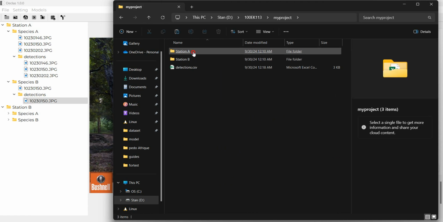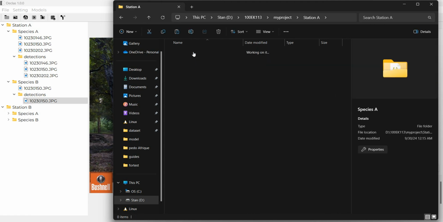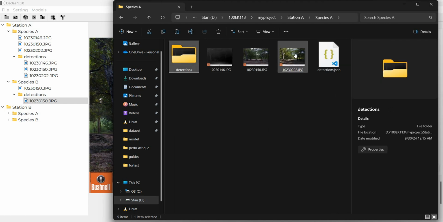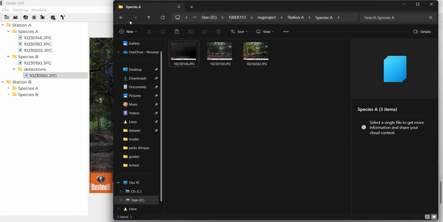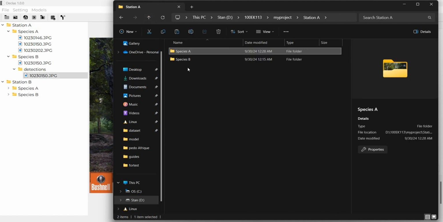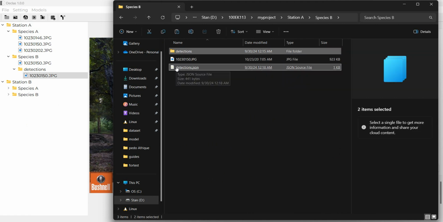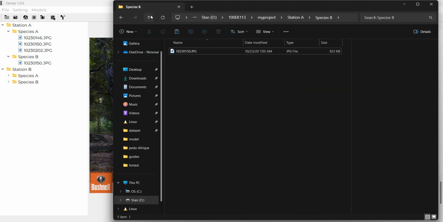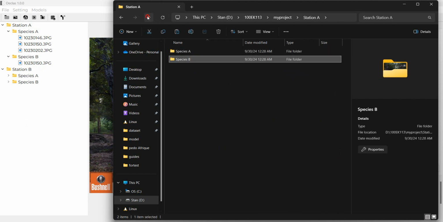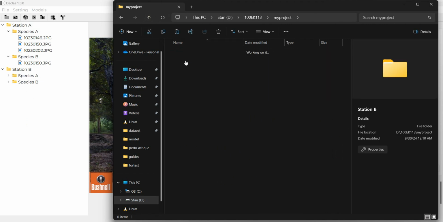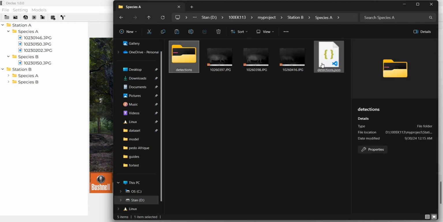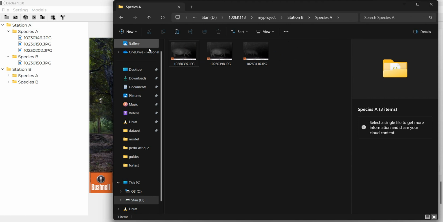In my project, I have here station A. Let me delete this, all this, species A. I don't need this anymore. Same thing for station A. Station A, I delete.